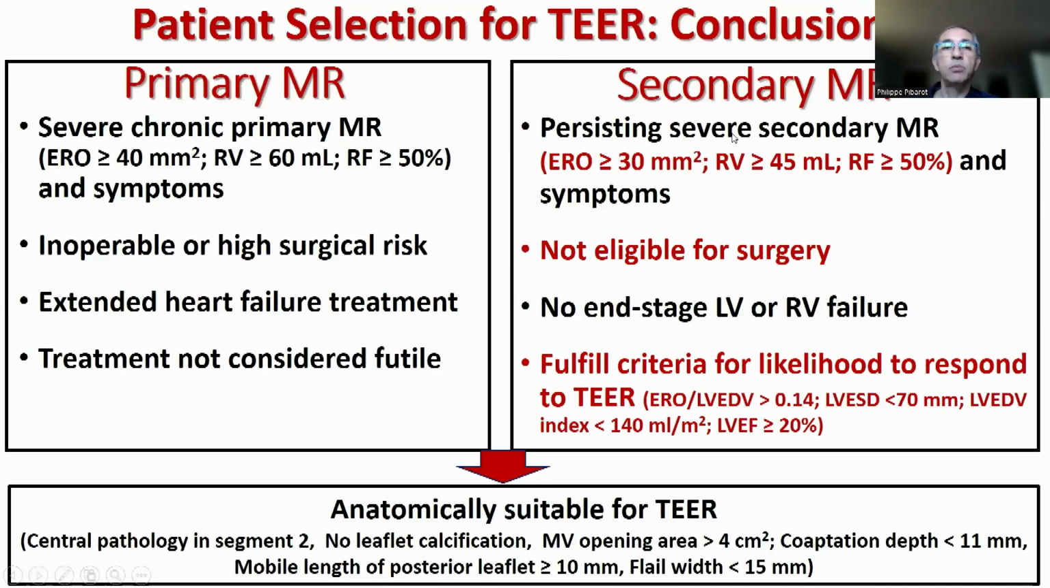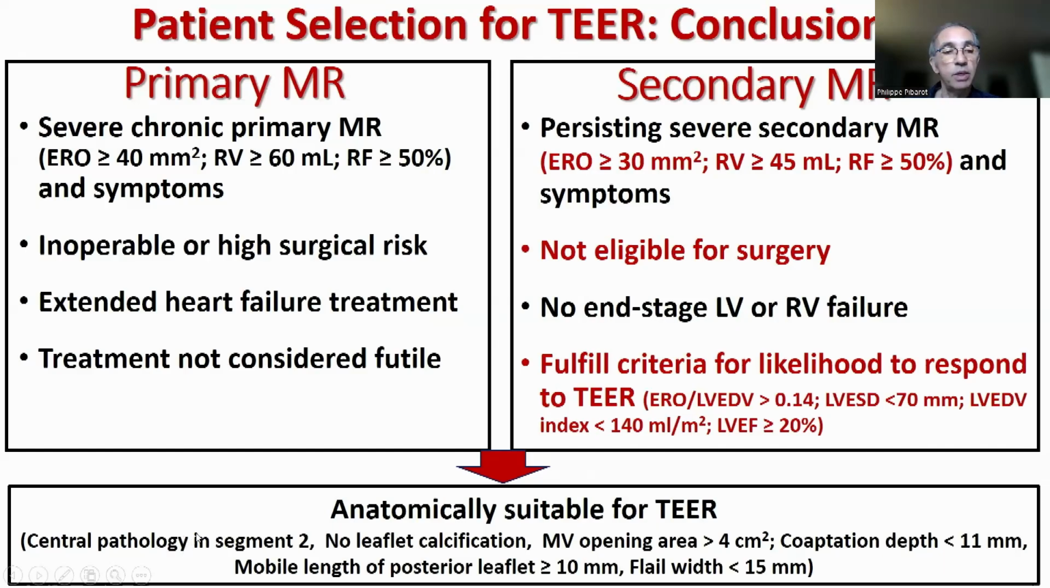So if we summarize the criteria for patient selection for TEER, for M-TEER. For primary MR, first you need severe chronic primary MR, defined as EROA more than 40, regurgitant volume more than 60, regurgitant fraction more than 50%, and symptoms. It needs to be symptomatic severe MR. Patients who are considered inoperable or high surgical risk, who have had extended heart failure treatment, so medical therapy for heart failure, although there is not much for primary MR, treatment not considered to be futile, and finally, which is common for both primary MR and secondary MR, anatomically suitable